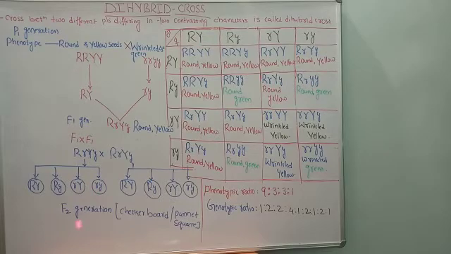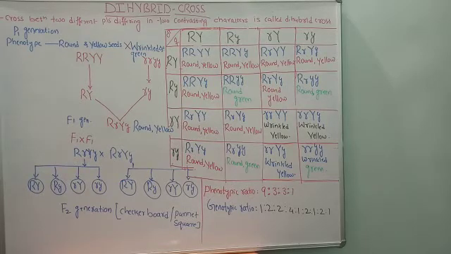And how do we get the F2 generation? This can be obtained by using a checkerboard or Punnett square. By making this Punnett square, we can cross the gametes. In one side we take the gametes of the male, and on the other the gametes of the female, and go through the crossing.